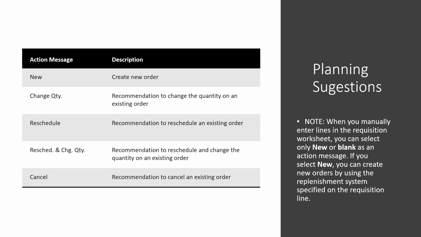Now, if everything changes, which actually happens all the time, reschedule and change quantity is the next option. Recommendation to reschedule and change the quantity on an existing order. What happens here? Your customer doesn't require some items anymore, or they have returns. They know that you might be creating sales orders already, but somehow they might be having issues with the previous items. They call you to provide more, but for urgent